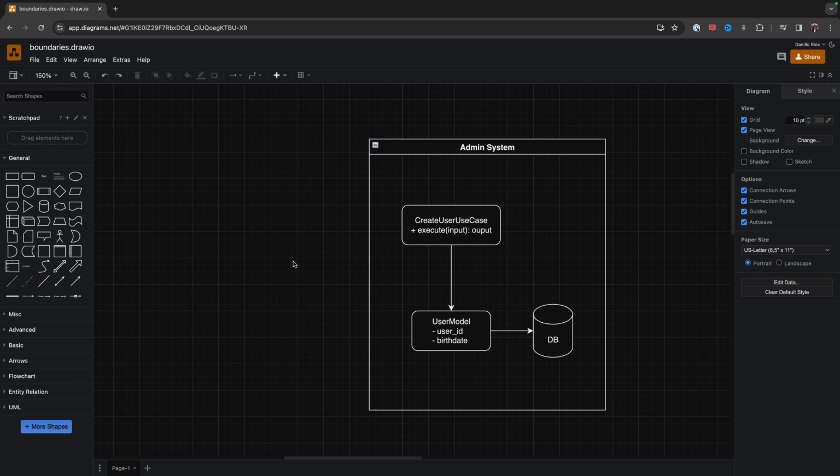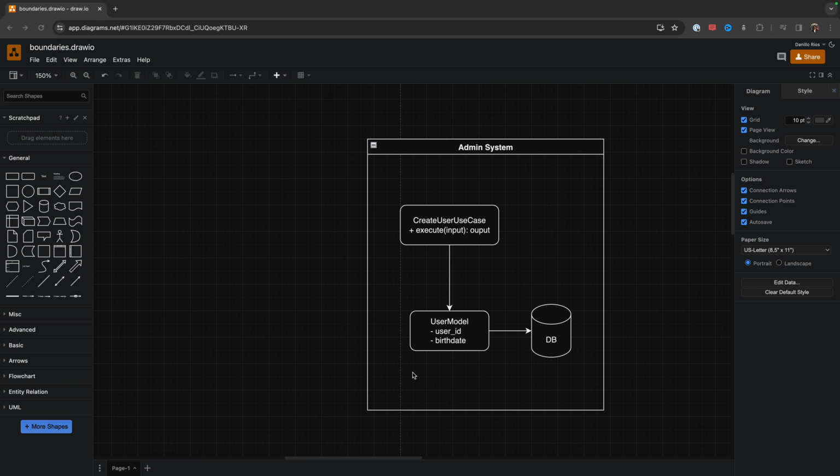Okay. Let's come back. So let's talk about the second problem. Once we are directly importing the user model, we are coupling our use case with Sequelize. Imagine you want to change how we save our data. Like we used to save it using MySQL, but now we want to save it using an in-memory database, for example.